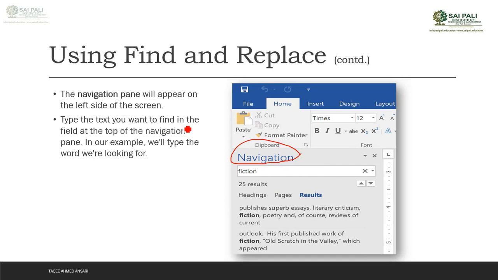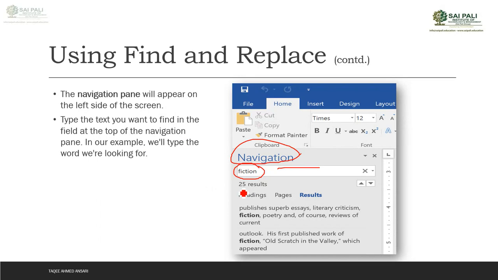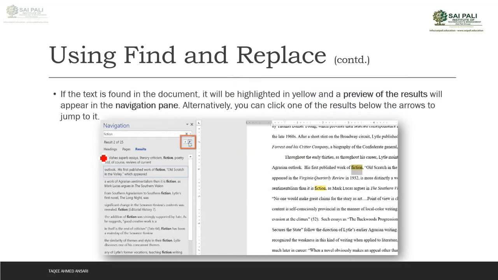Now type the text you want to find in the Find box at the top of the navigation pane. In our example, I'm going to type fiction. So here I am typing fiction. This is the search box for Find. When I type this, it will start showing me all the results. You can see here it is saying 25 results are there, and those results you can see here in the